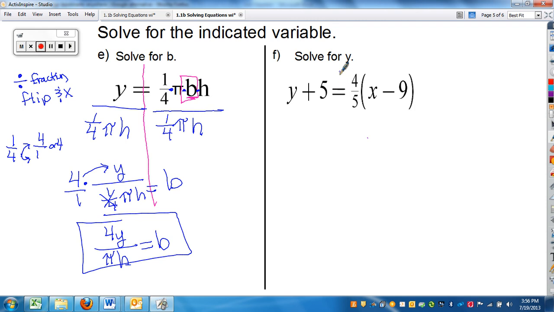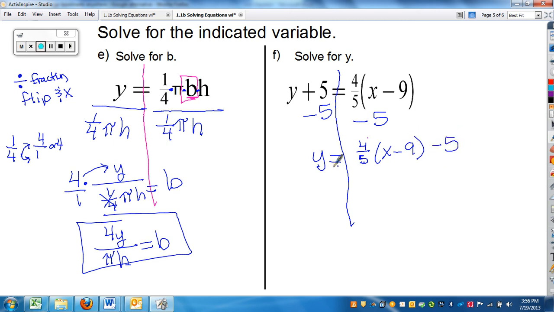F is our last one. Still stuck on the last problem. And I want to solve for Y. Well, really, this is one step. I just need to get the 5 out of here. So I'm going to subtract by 5. So I have Y equals 4/5 times (X minus 9)